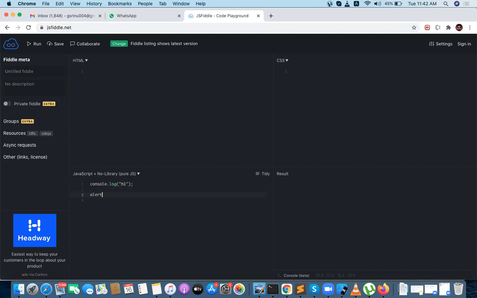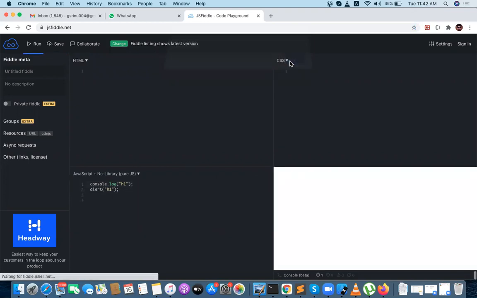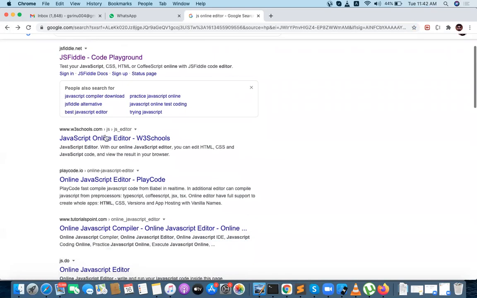How can I say something like alert? So this is my JavaScript. Okay, run. Hi came. Can you see that hi came? So this is one way to go with JSFiddle.net and the JavaScript online editor with W3Schools.